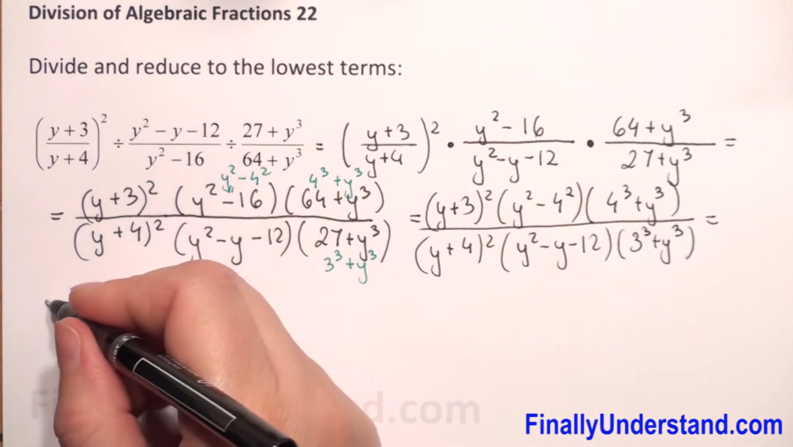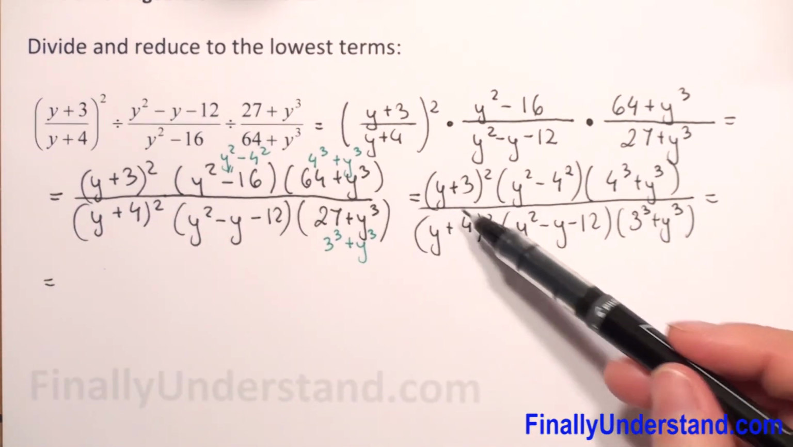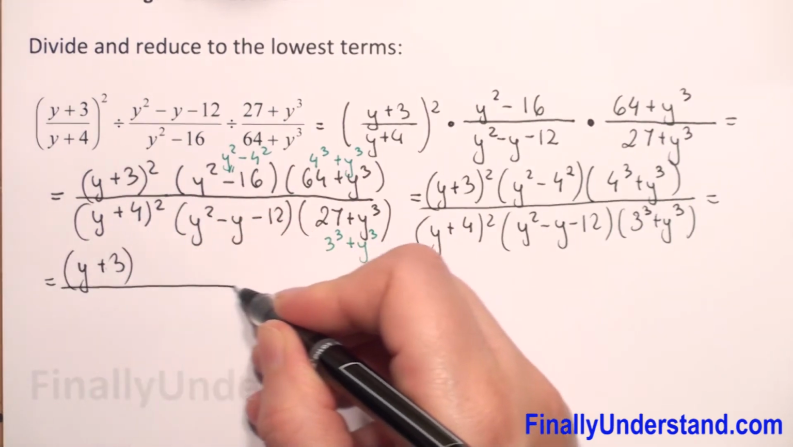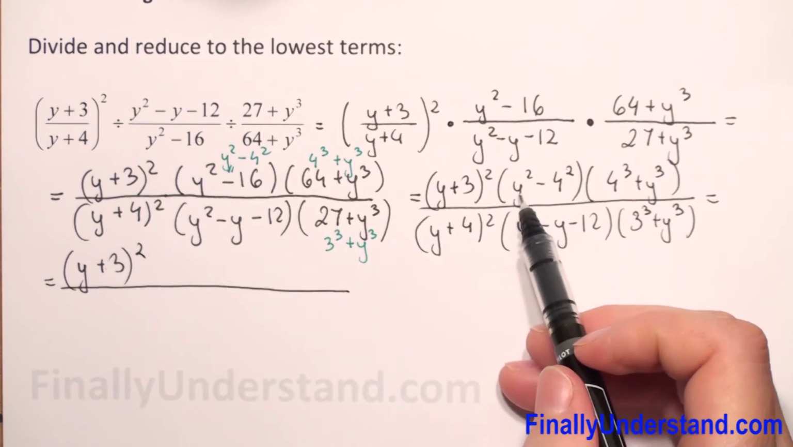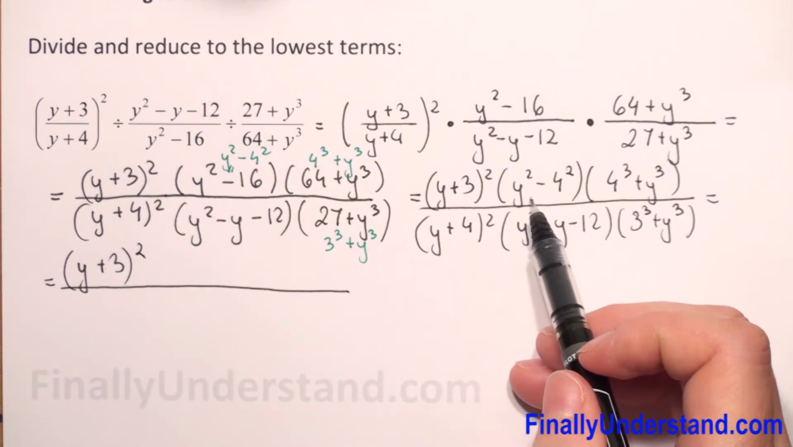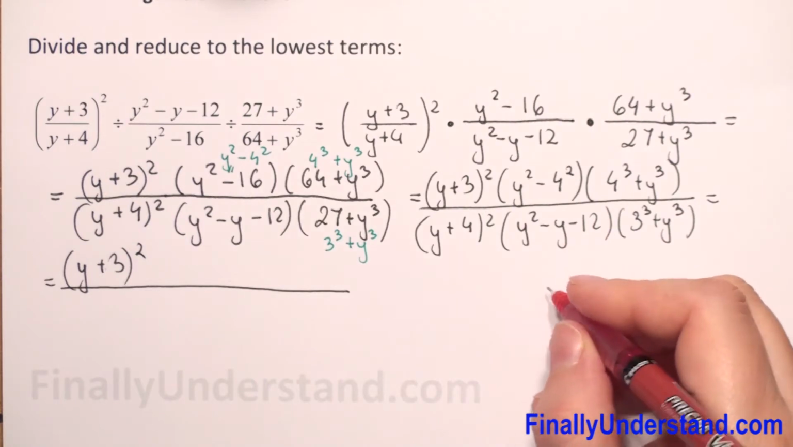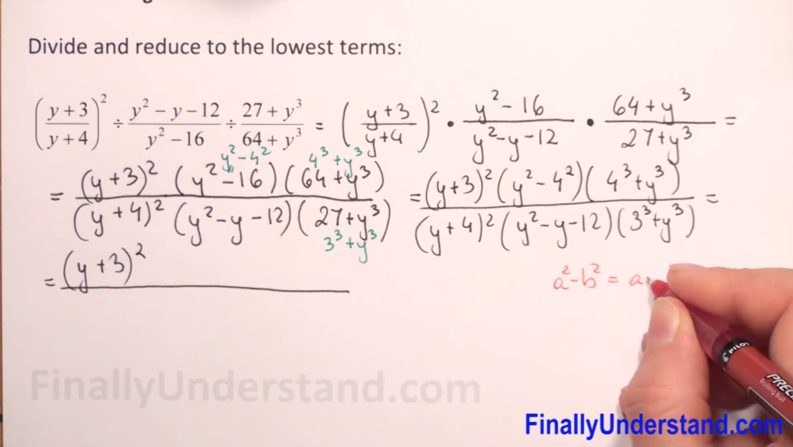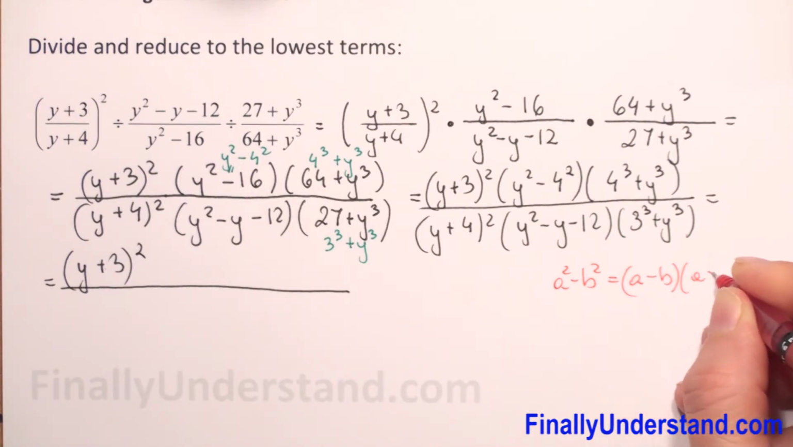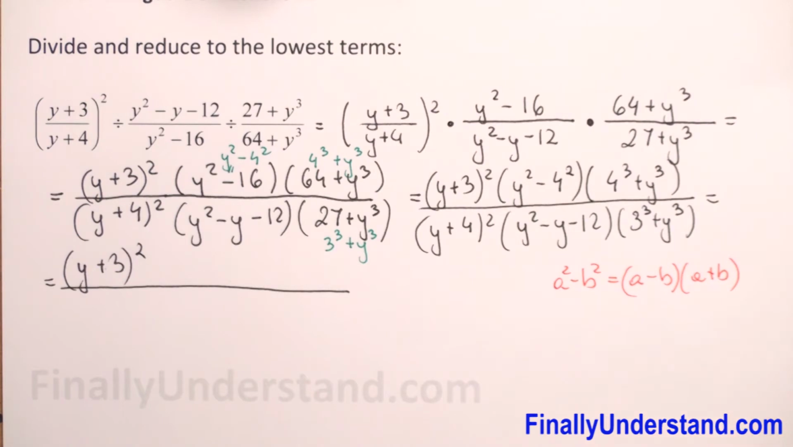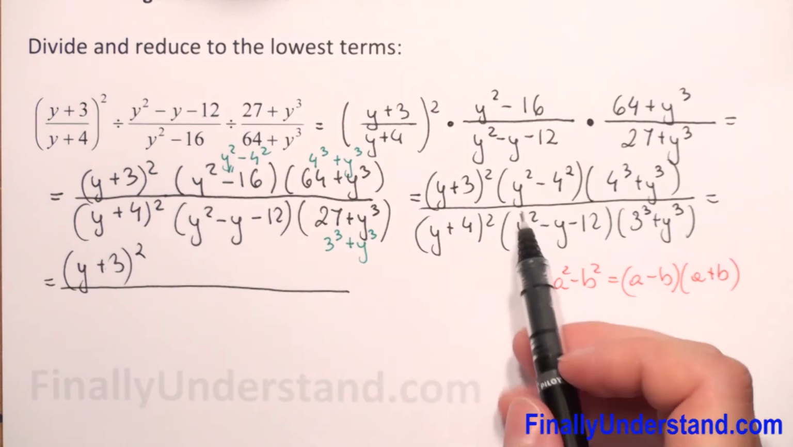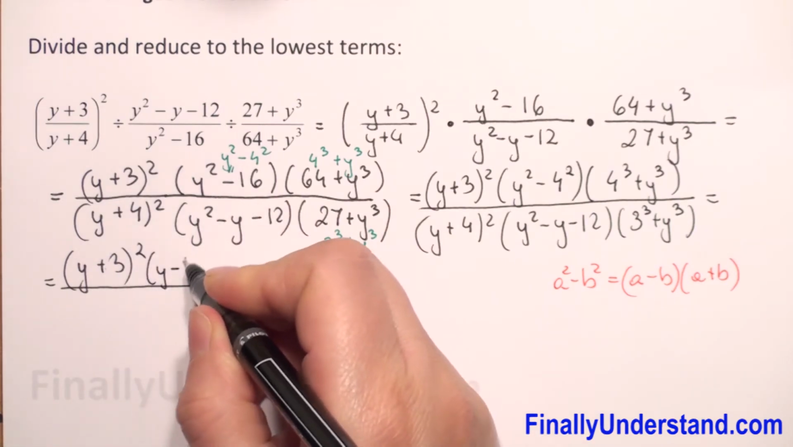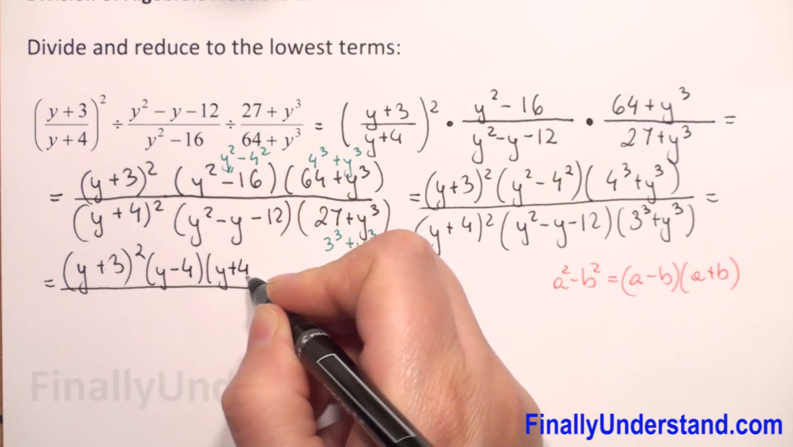So this is equal. Next, I will copy (y + 3) to the second power. Next, we have a difference of two perfect squares. So let me remind you of the formula: when we have a squared minus b squared, this is equal to (a minus b) times (a plus b). So we have y squared minus 4 squared, so it will be (y minus 4) times (y plus 4), and